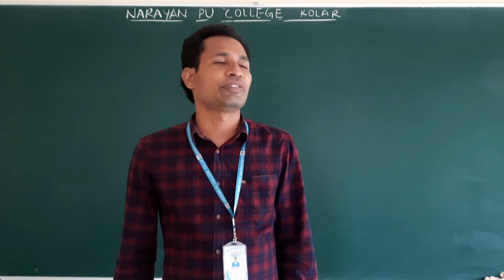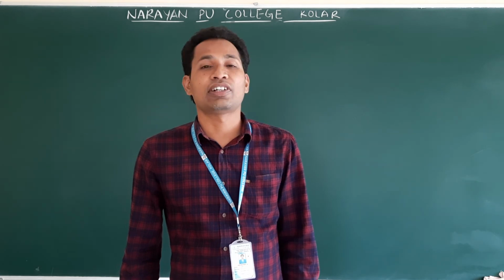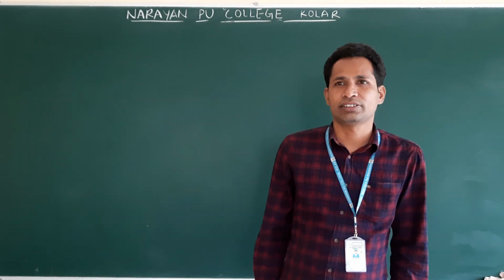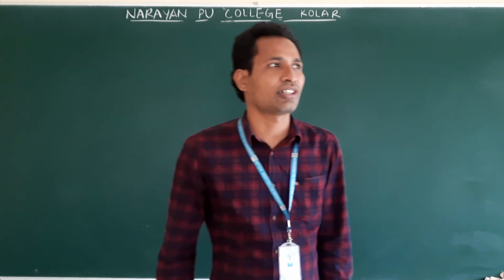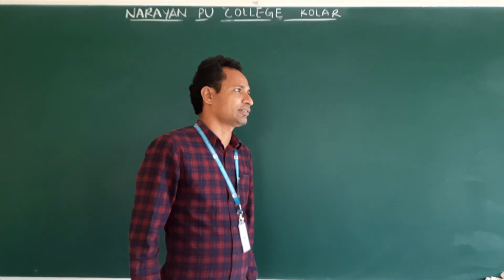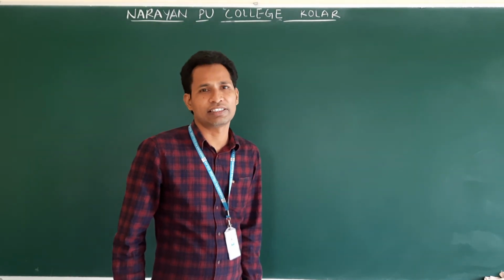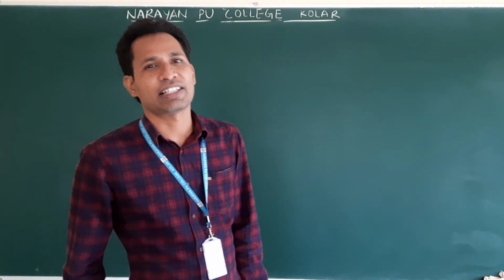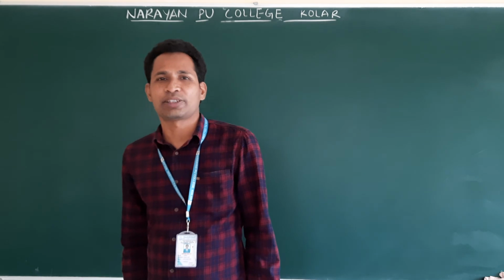Okay, how do we find the instantaneous velocity direction? We draw the tangent at a given point. That tangent shows the direction of the velocity. Tangent means it is a line we will draw that touches the point, that we call a tangent. You will see normal and tangents in mathematics.